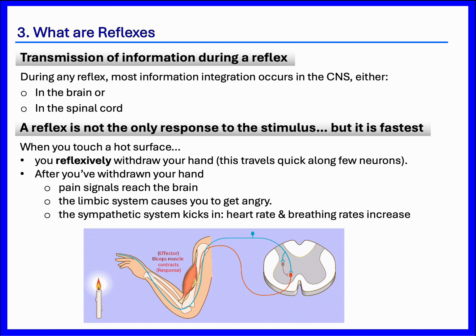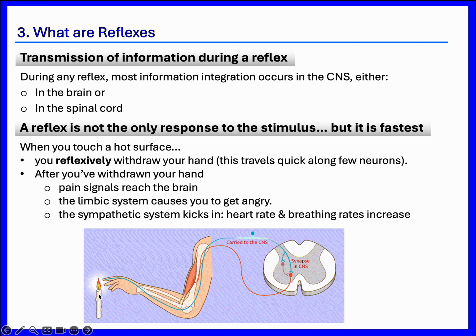You could move quickly. This is good evolutionarily. Now, after you've withdrawn your hand, though, you know that you will perceive pain from the candle that you touched. Your limbic system will cause you to be angry, maybe sad, you'll cry. The sympathetic system kicks in, your heart rate starts beating, right? If it really hurt. So you know that it must go up to the cortex